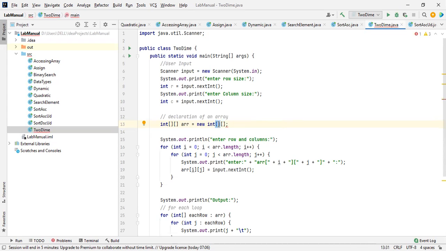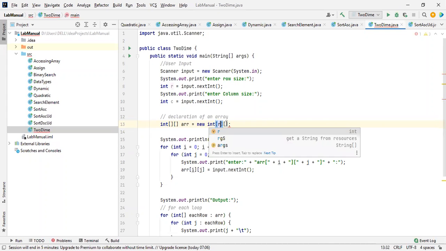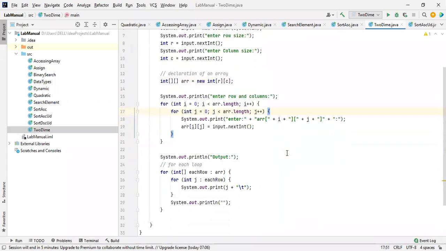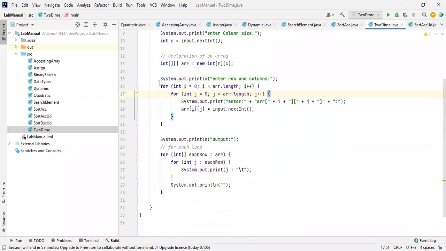But here we are going to give the values dynamically. That's why I just stored the values. When I give the input using the keyboard, the R value will be stored over here, and the C value will be stored over here. So that's why we didn't get any error. Now we are going to enter the rows and columns. For this, I'm going to give the input. On which basis am I giving the input?